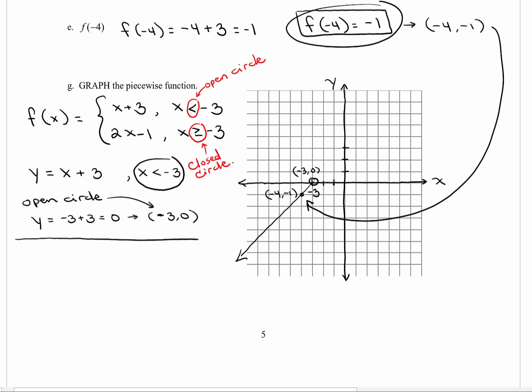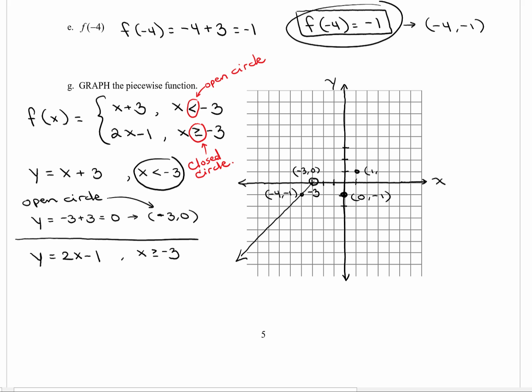The next piece is going to be y equals 2x minus 1 when x is greater than or equal to -3. I've drawn a horizontal line segment to separate the work that I did for the y equals x plus 3 part from this work for the y equals 2x minus 1 part. So this one, once again, if I were to imagine that I were going to graph the line y equals 2x minus 1, this is already in slope-intercept form. I would start off by going to 0, -1. I would draw my y-intercept point there at 0, -1,